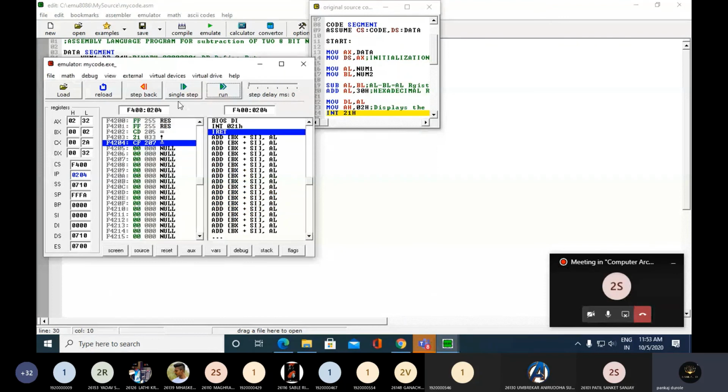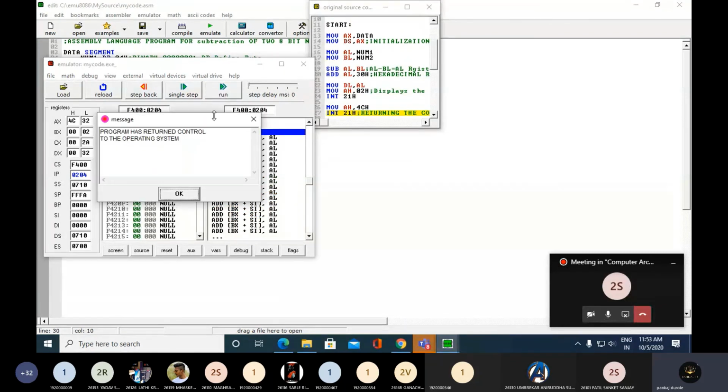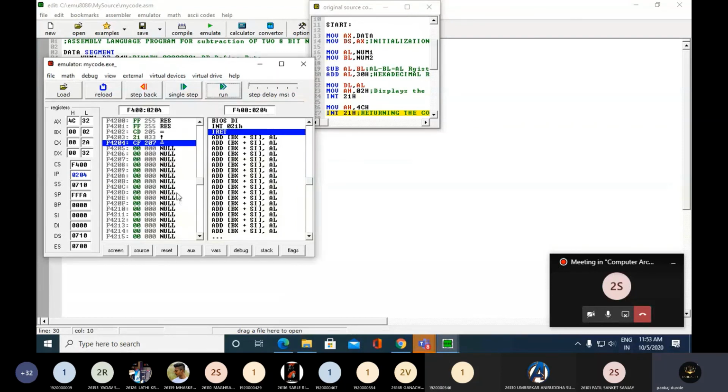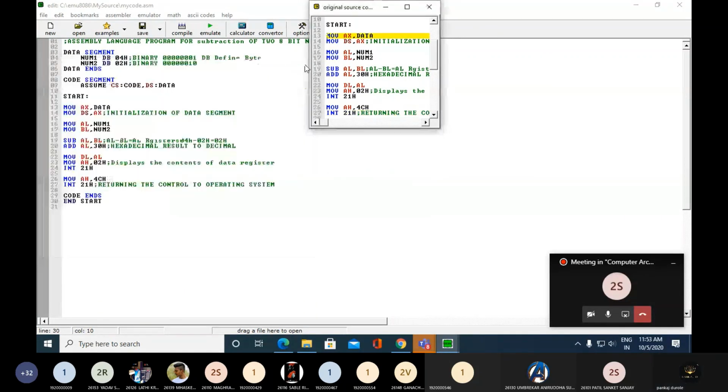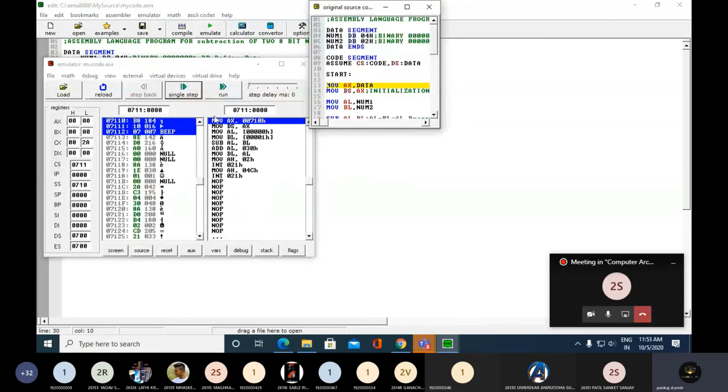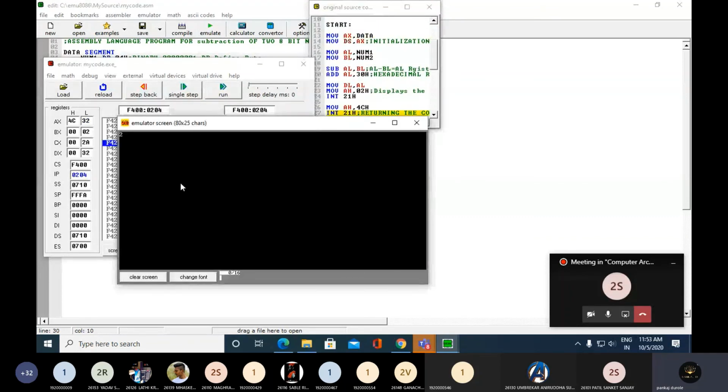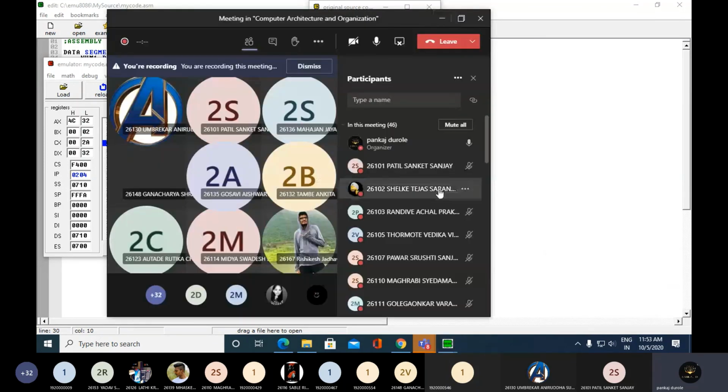This answer can be made available directly by clicking on run. I will do it once again. This is the answer that we have got, 2. So after subtracting the 02H value from 04H, we get the result 02H.